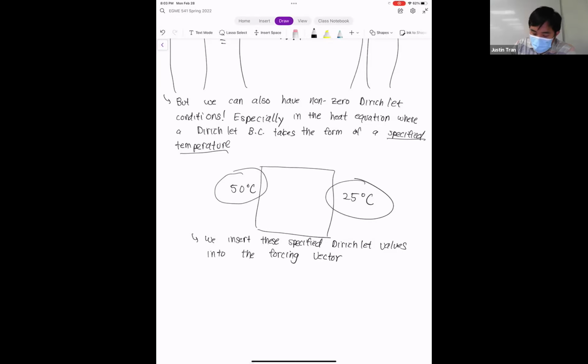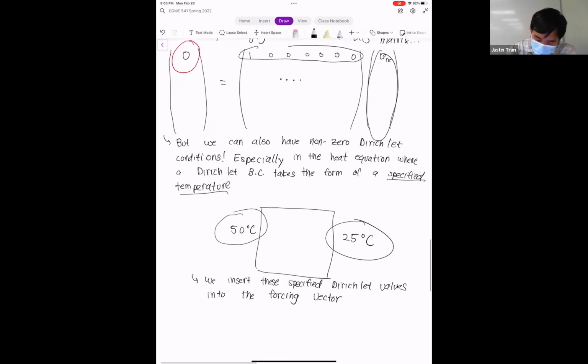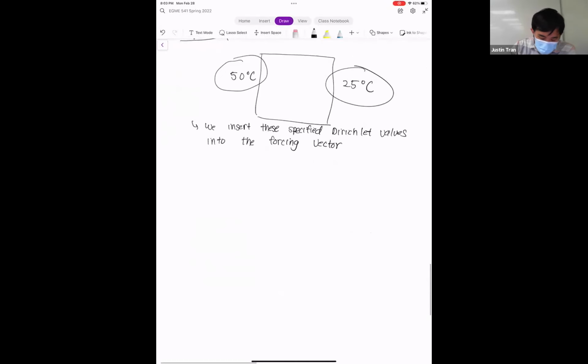Okay. Because remember what this row represents, right? So this row represents, if we take this row and we multiply by this, what we're saying is that U1x, after we apply this multiplication, is equal to 0. If we do the same thing for this